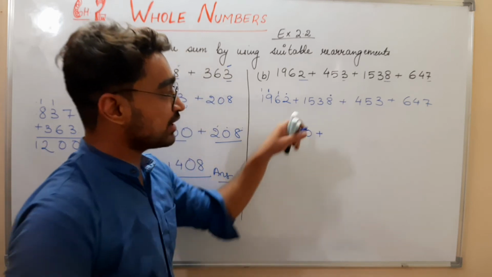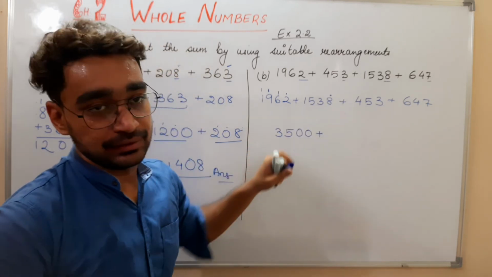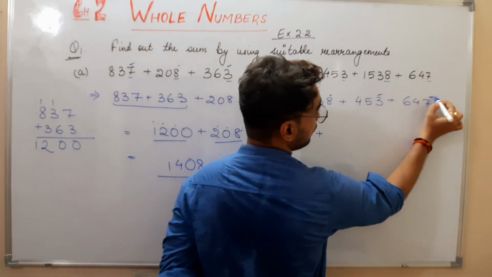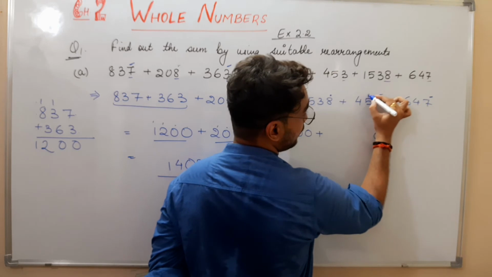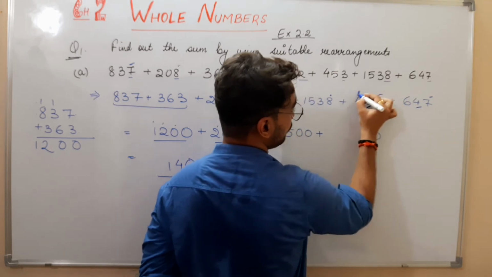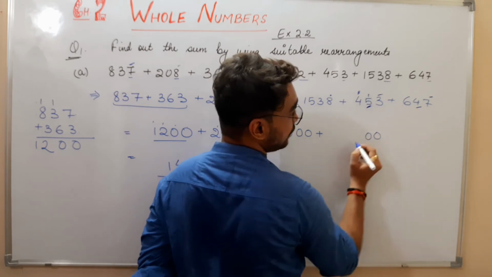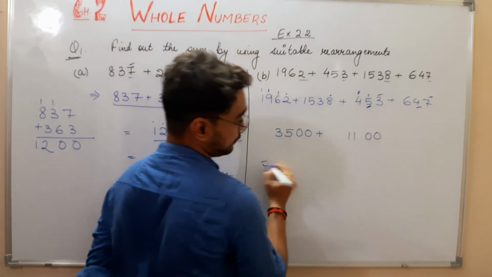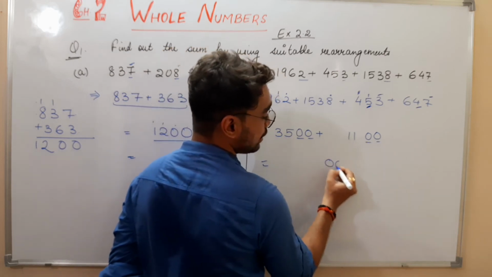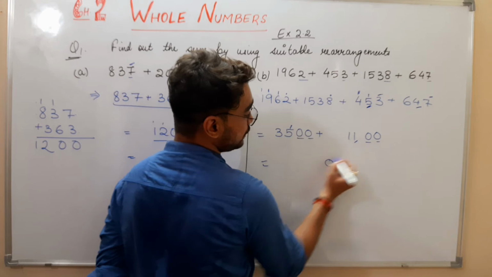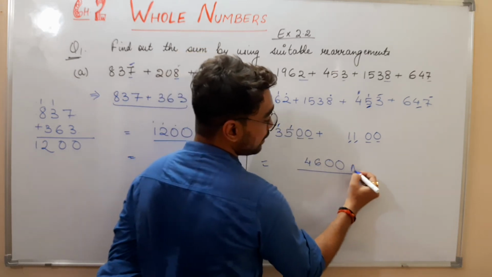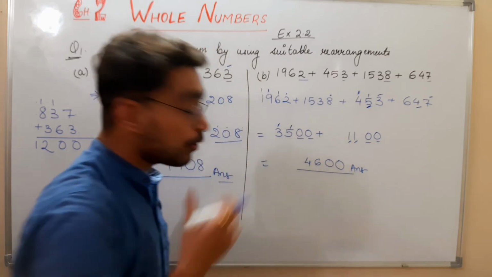I hope you are able to add them in a line itself, like how I am adding. See how I am adding here? 3 plus 7, 10, 0, carry 1. 5 plus 1, 6, 6 plus 4, 10, 0, again carry 1. 4 plus 1, 5, 5 and 6, 11. Now add it. Two zeros will come at the last. 5 plus 1, 6, 3 plus 1, 4. This will be my answer. I hope it is clear, right?